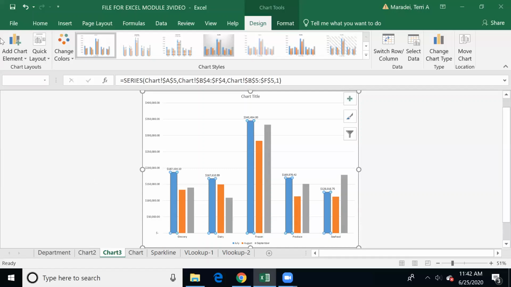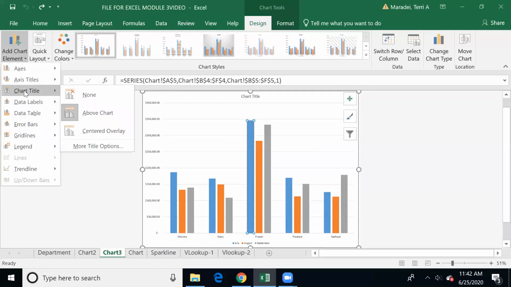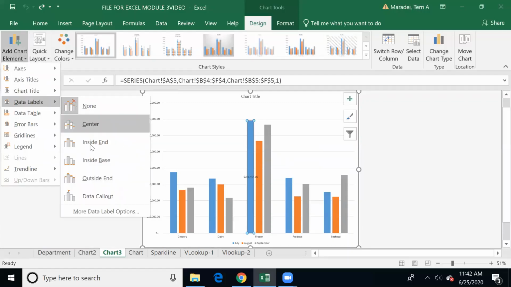I also could just do it on one. So I'm just going to redo that. If I click once, all of July in this case is selected. If I click again just on this one, just this frozen foods in July is selected. And so if I have it selected, I can just add a data label